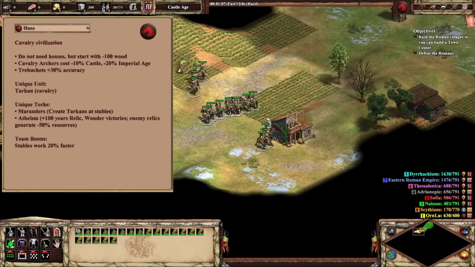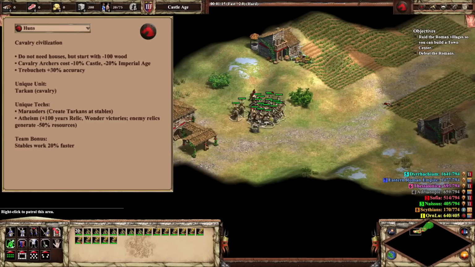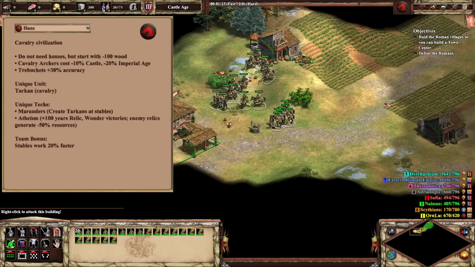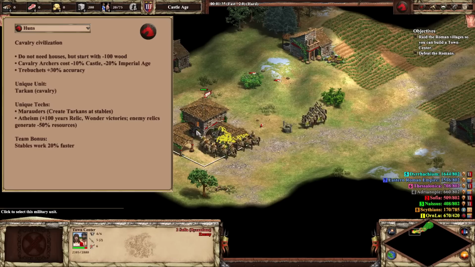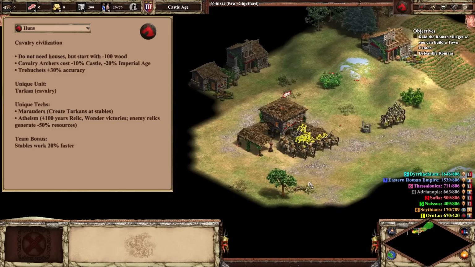This nomadic raider style manifests itself in the Huns' most memorable bonus. You do not need to build houses with them and start on standard settings with 4 out of 200 population. This comes at the cost of 100 wood, but factoring in the villager build time, this bonus gives the Hun player some pretty solid wood savings quite quickly. This means they can go for any early game army composition quite effectively, with the faster working stables in particular